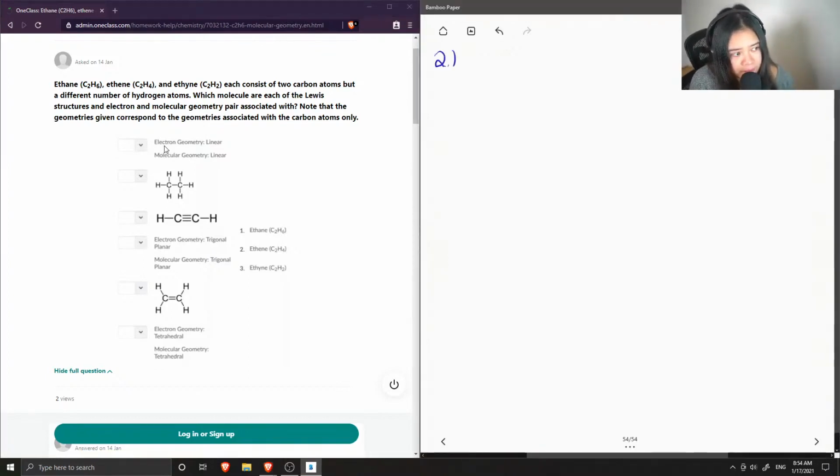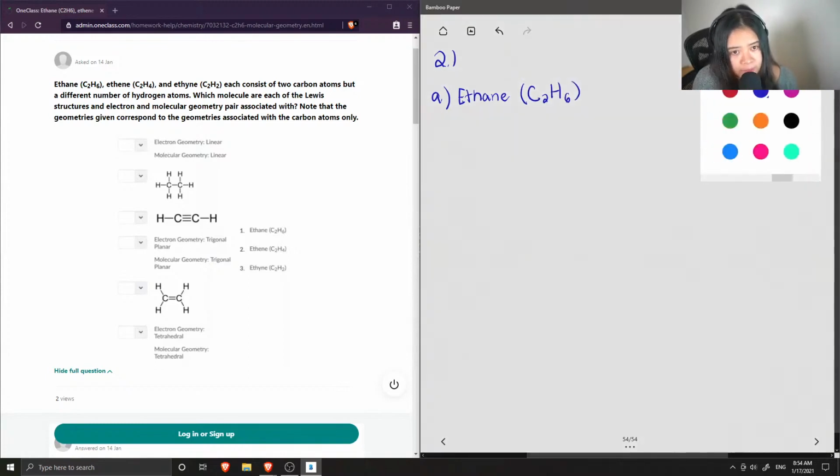So let's start off with ethane. Ethane has the structure C2H6,